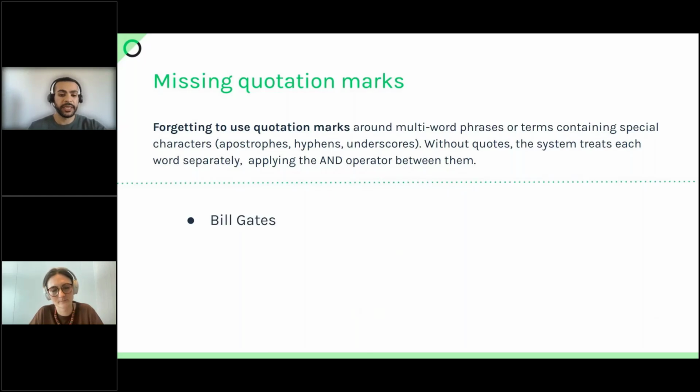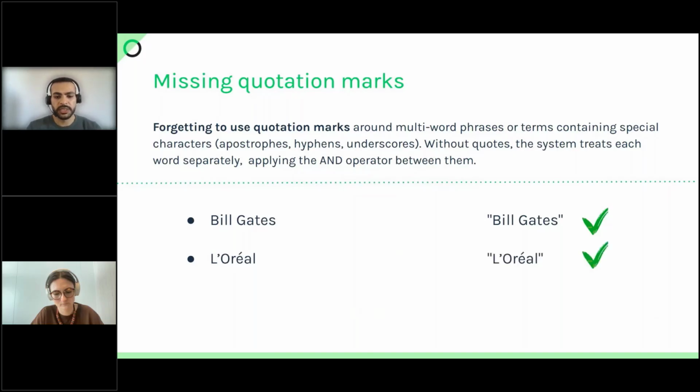So for example, Bill Gates without quotation marks will become Bill AND Gates, unless written as "Bill Gates" in between quotation marks. Same goes for L'Oreal. It will become two words, L and then Oreal, because it contains an apostrophe, a special character. So unless it's placed in quotation marks, the tool will return results containing separate words and not necessarily side by side.